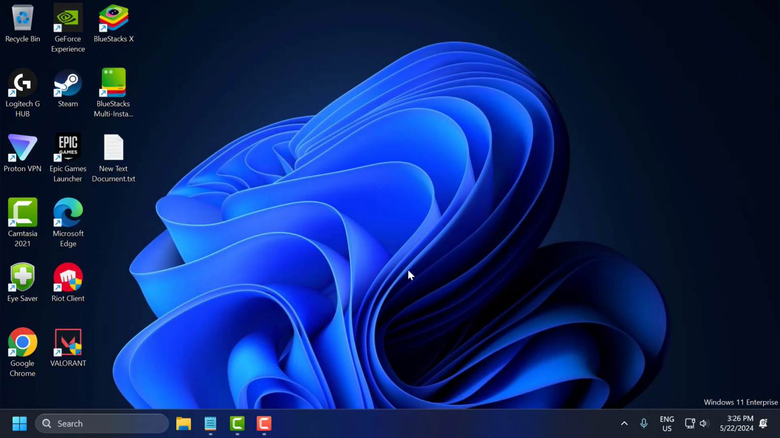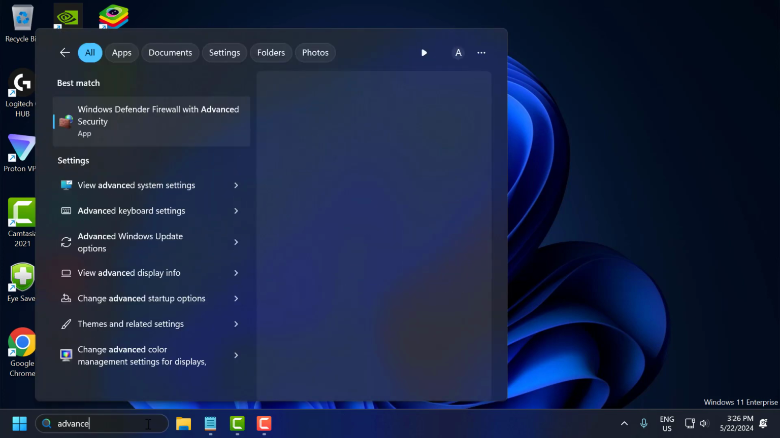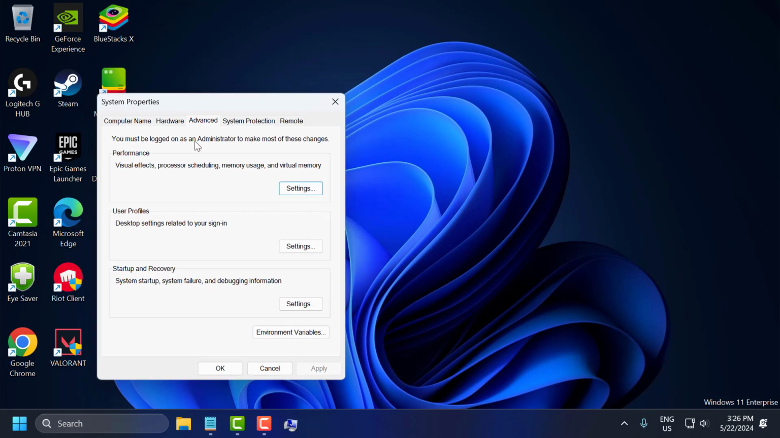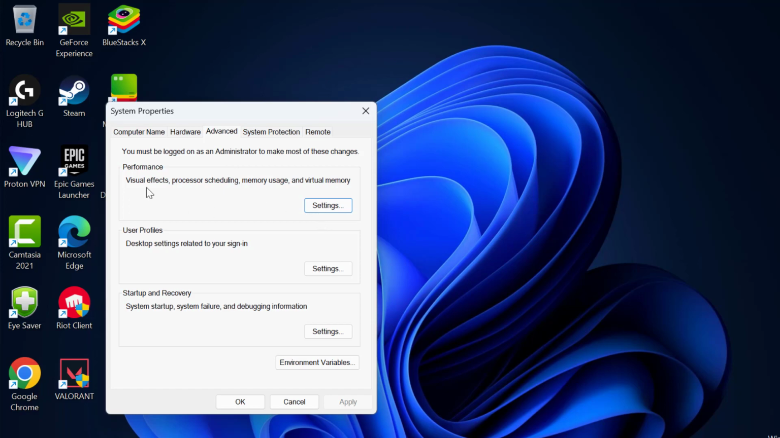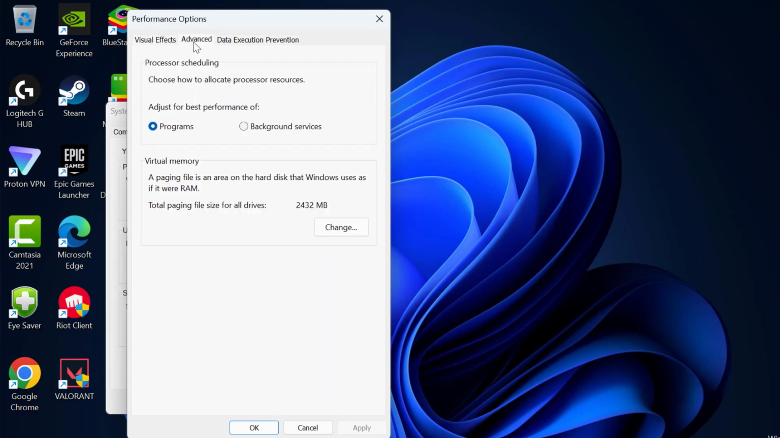The third step is to adjust virtual memory. To do this, go to search menu and type advanced system settings. View advanced system settings comes up, click on open it. Under the performance, select settings, select advanced, select the change under the virtual memory,